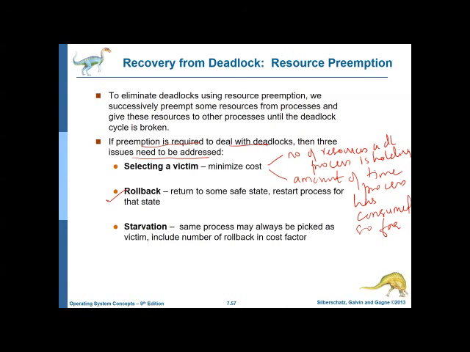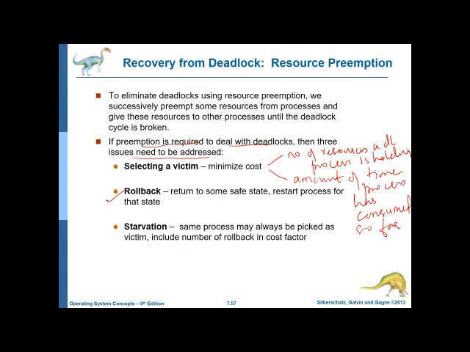And the third one is starvation. There's an issue that occurs that is known as starvation. How do we ensure that starvation does not occur? Every time you're preempting resources, you find that a process is of very low priority. Say, for example, process P1 is of very low priority. I determine the preemption of resources based on priority. Every time a deadlock occurs, I go and get P1, remove its resources and make it restart. I keep on doing this. So P1 is never able to complete its task. It will lead to starvation of P1.